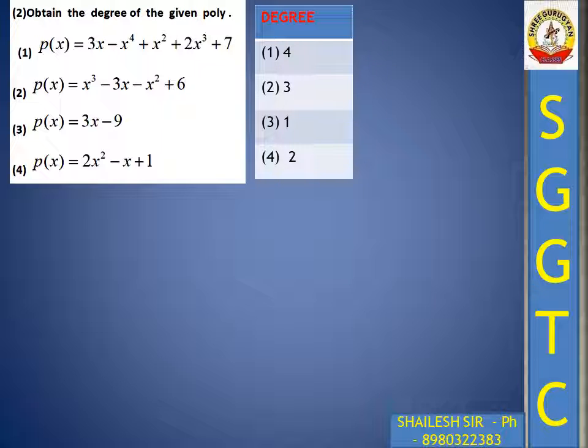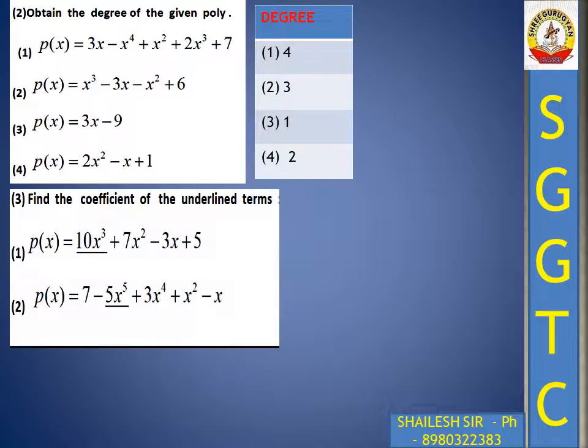In the second question, the highest power is 3. So my degree is 3. In the third question, students, I am only asking for x raised to the highest power. Here x raised to the highest power is 1. So degree is 1. And in the fourth question, the highest power of x is 2. So my degree is 2. So students, this is only an example related to degree of your given polynomials. One more example I will explain to you.